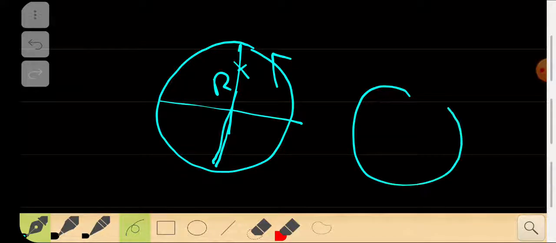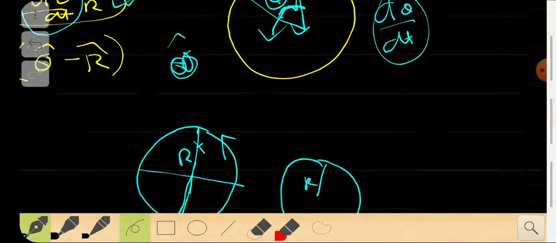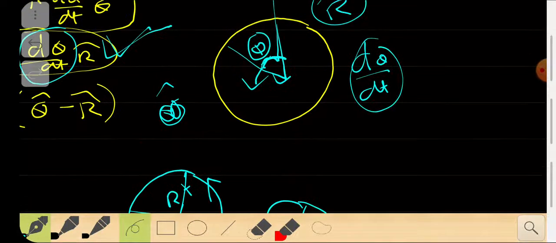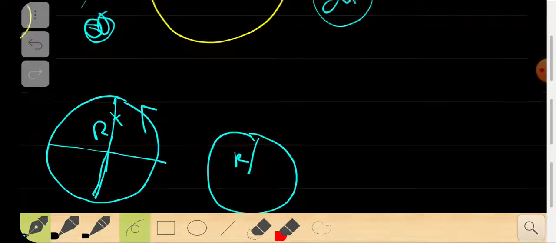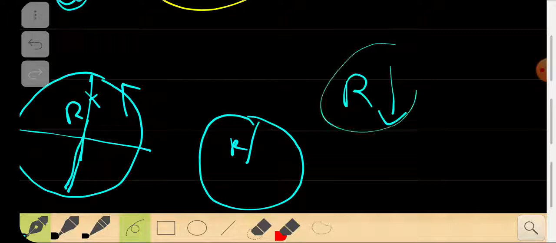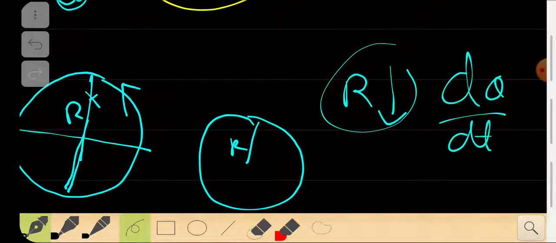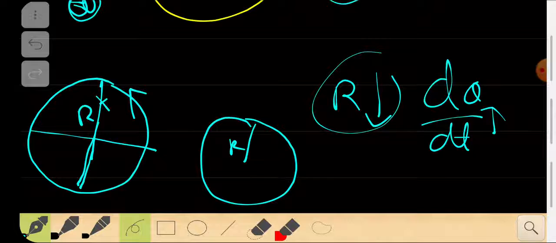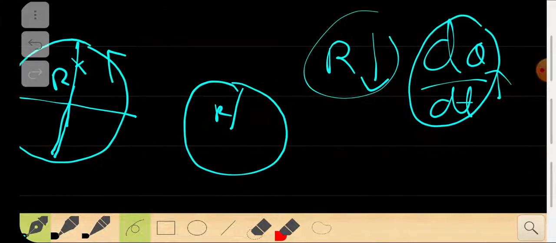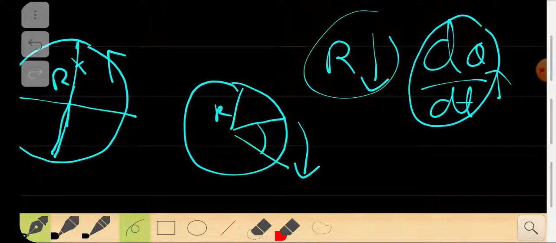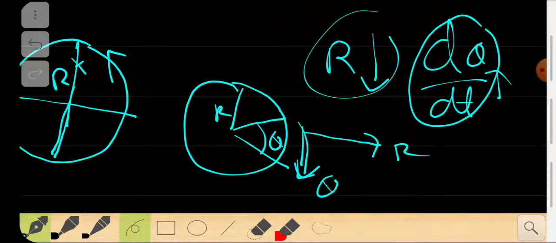So the radius has now become a smaller value, right? What happens to the velocity then? If you look back into this equation, if the radius is smaller, d theta by dt has to go up, in order to make sure that the radial component gets smaller. So the velocity of the theta component, that means in the theta cap direction, has to go up. This is the radial component, and this is the theta cap component.